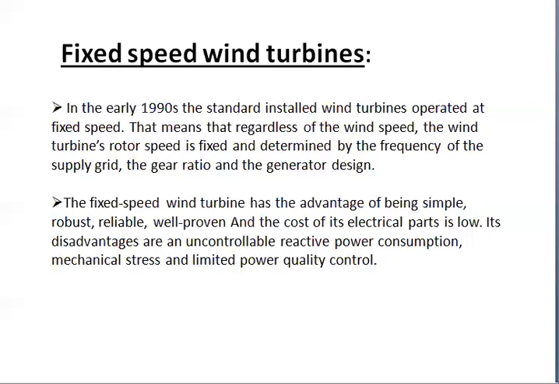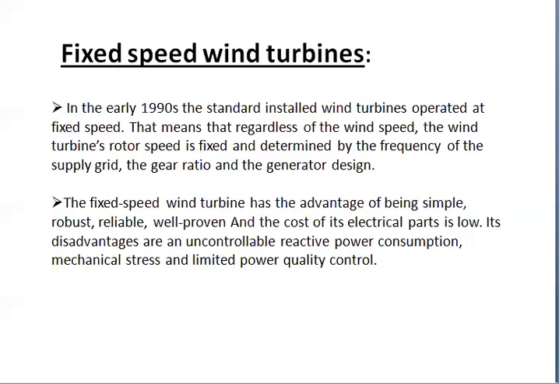In order to increase the power production, the generator of some fixed speed wind turbines has two winding sets. That means one is used at a low wind speed, that is typically a maximum of 8 poles, and the other one is at medium and high wind speed, that is typically 4 to 6 poles.